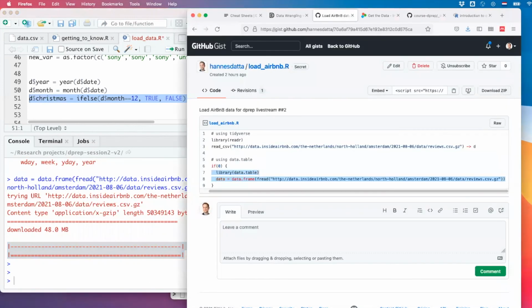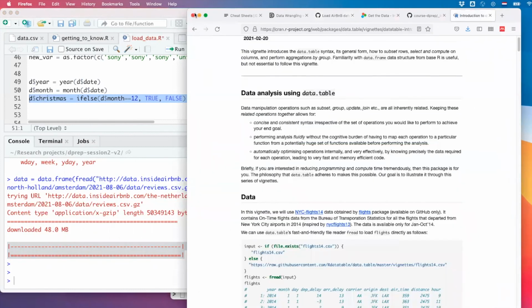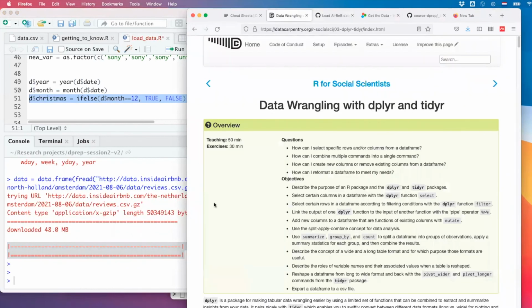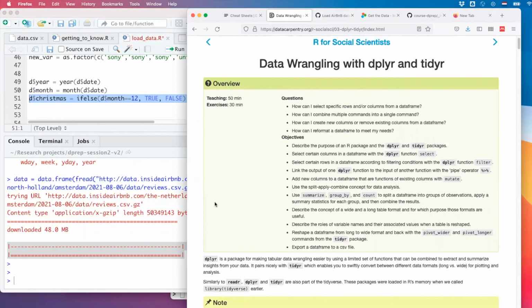But the syntax, the way you write commands, is different for data.table compared to dplyr. So they're trying to make them more compatible, but they're not. So why am I teaching dplyr and tidyr then, or at least why do I recommend doing this? The thing is, most of the tutorials on the web that you find today are in dplyr and tidyr.